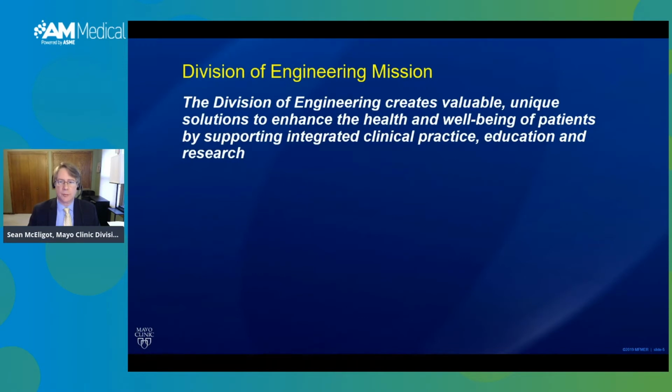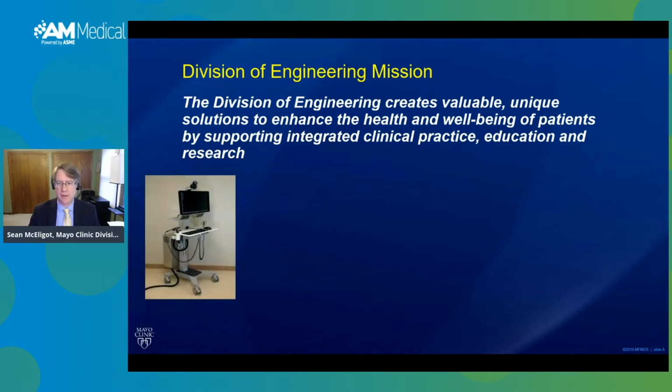You can read our formal mission statement here. In my words, the Division of Engineering builds one-of-a-kind medical devices and laboratory instruments for Mayo Clinic doctors and researchers. We live in the space in between what doctors and researchers can make themselves and what they can buy commercially. Our work has included early telemedicine